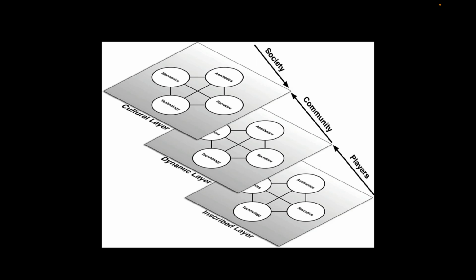So whether we're talking about dynamic emergence or negative cultural impact, this comes back to the question posed earlier. As game designers, where does your responsibility end? If you design a game that has profoundly negative effects on society or on individuals, do you have some culpability for that? Do you have a responsibility to do something about it? Is this something you should actively try to prevent? So this is a subject of debate amongst game designers. Where does their responsibility end? Does it end at the inscribed layer, the dynamic layer, or the cultural layer, or none of the above?